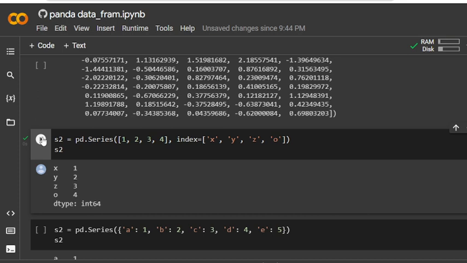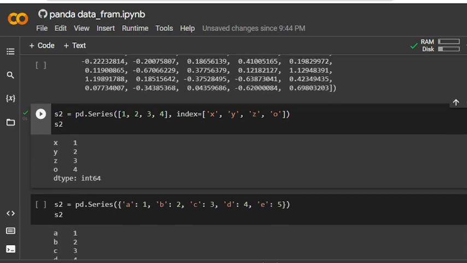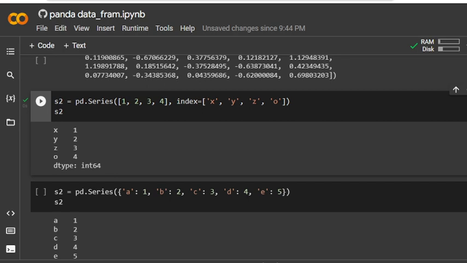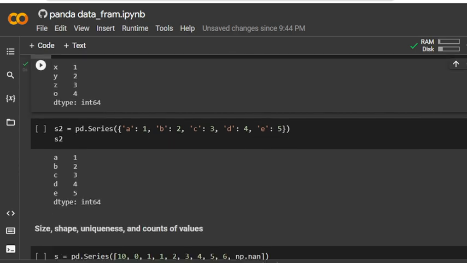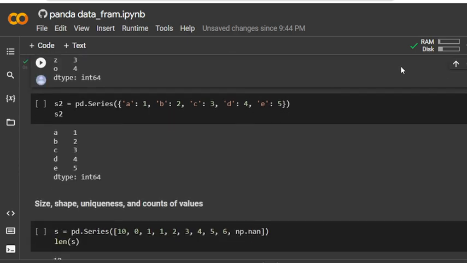Similarly, if you want to create a pandas Series, if you write here type and s2, we can see it. If you do not understand type, you need to see my previous video on Python. Another way: if I want to create a pandas Series,